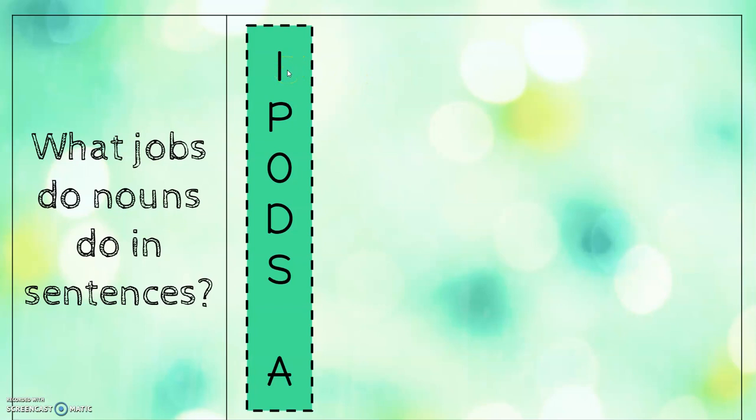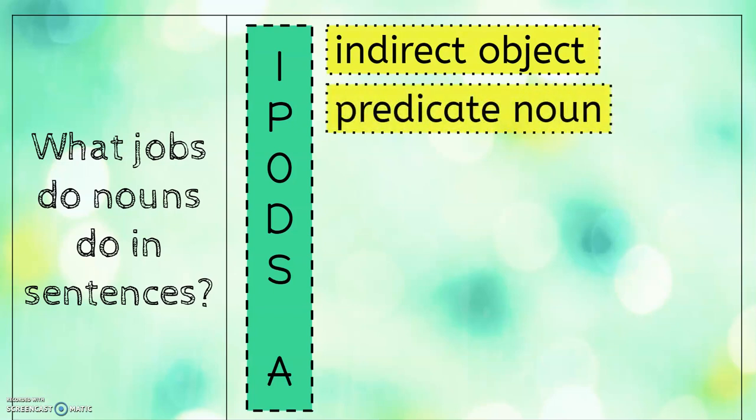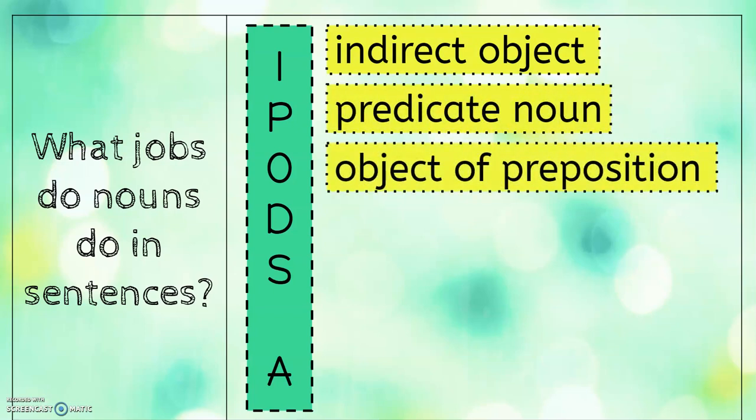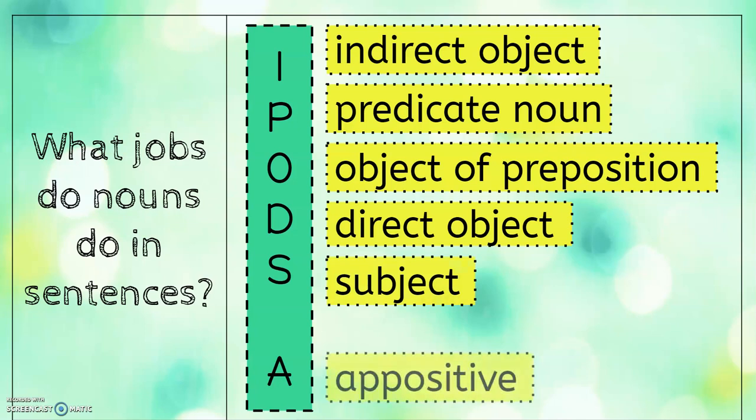So a noun in a sentence could be an indirect object. It could be a predicate noun. It could be the object of a preposition. It could be a direct object. It could be a subject, or it could be doing the job of an appositive. So when we label in our